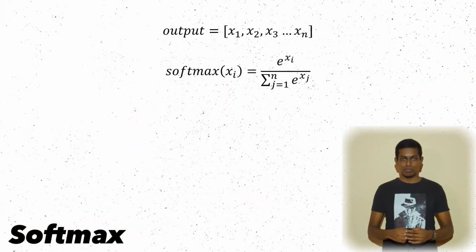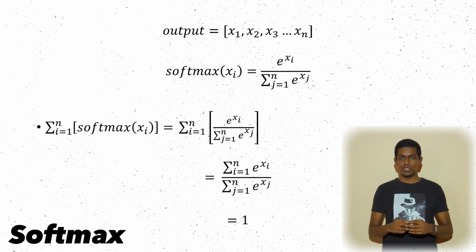Okay, this one is a bit different from the ones we discussed previously. Softmax is commonly used in the output layer of multi-class classifiers, where the final output vector should represent probabilities between 0 and 1, and the sum of those probabilities should equal to 1. If the output vector has n values, softmax can be mathematically expressed like this. As you can see, these values will fall between 0 and 1. And if we take the summation over the n values, we can see that it equals 1.